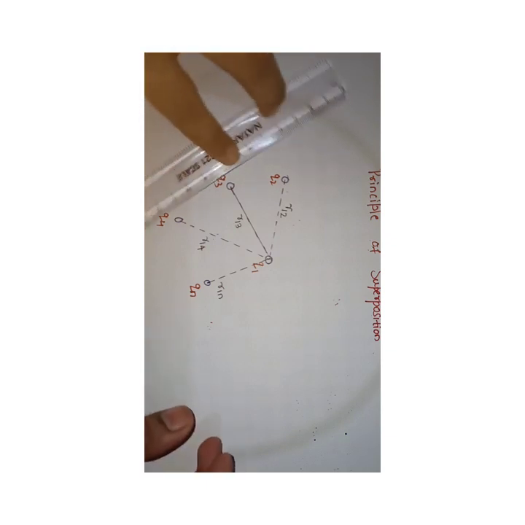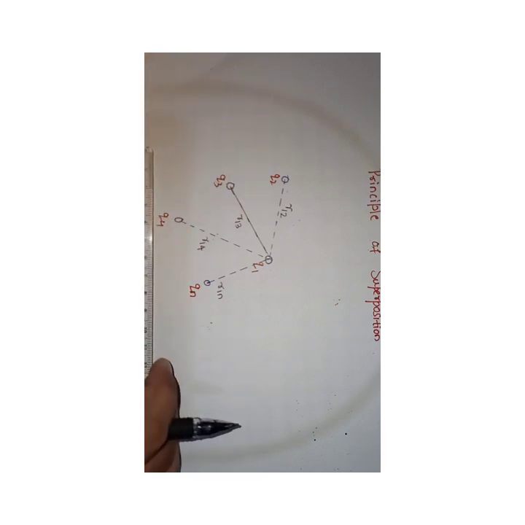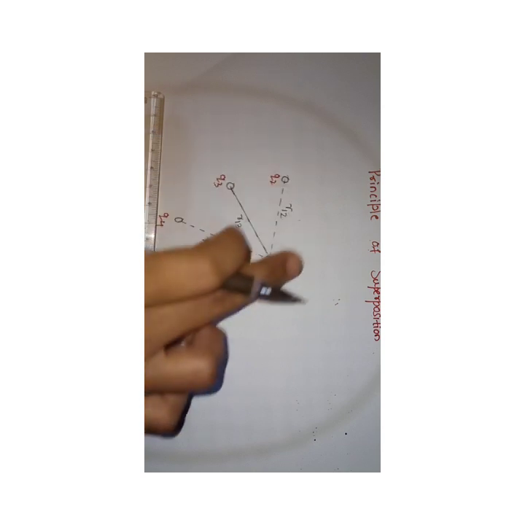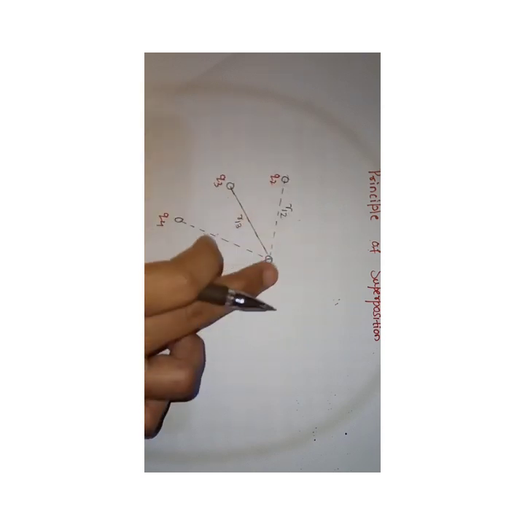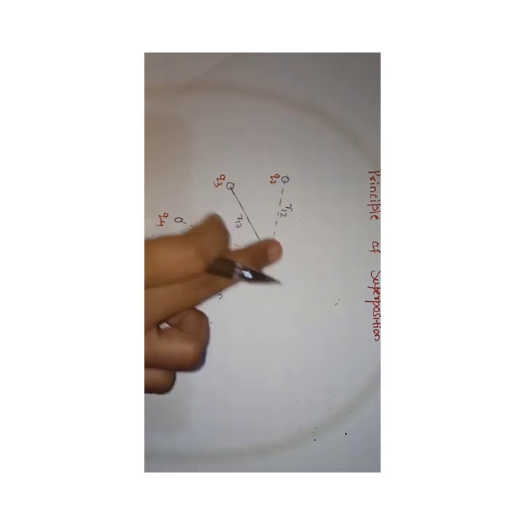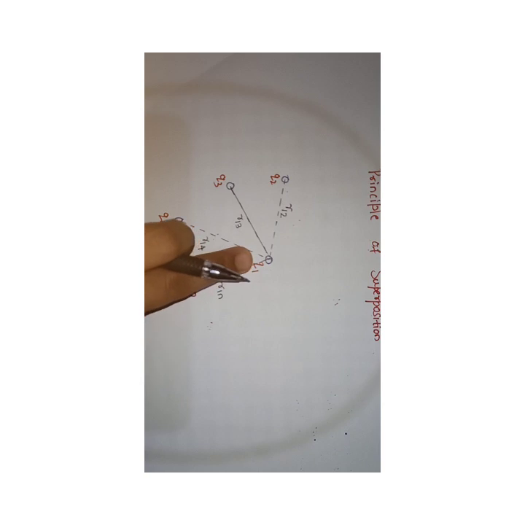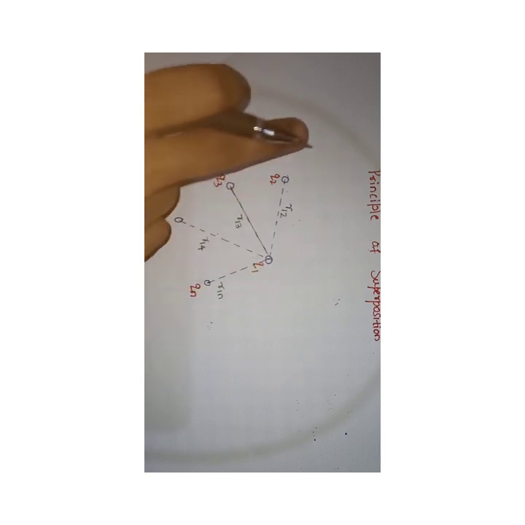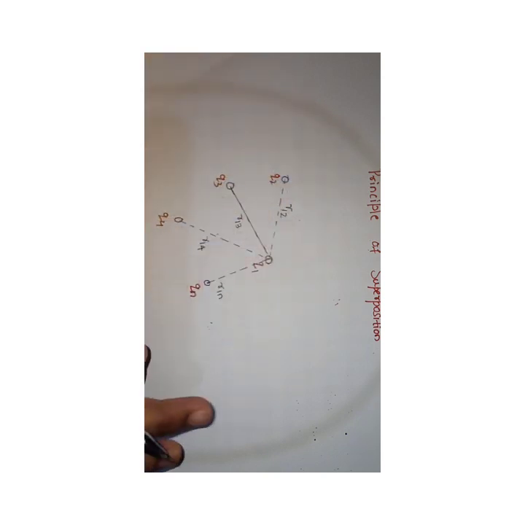Now, since these are all similar charges, Q2 is exerting force on Q1, Q3 is exerting force on Q1, Q4 is exerting force on Q1, Qn is exerting force on Q1. That means this is the given charge here. On this given charge, all the remaining charges are exerting force. So those individual forces we have to add vectorially. We have to write the vector sum of the forces.